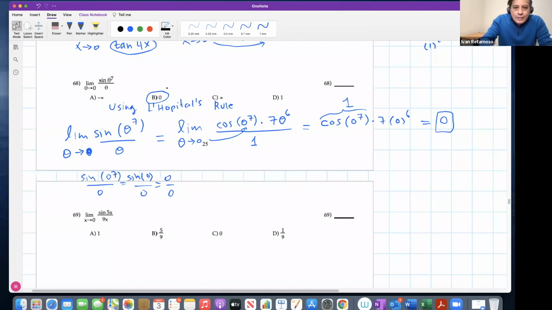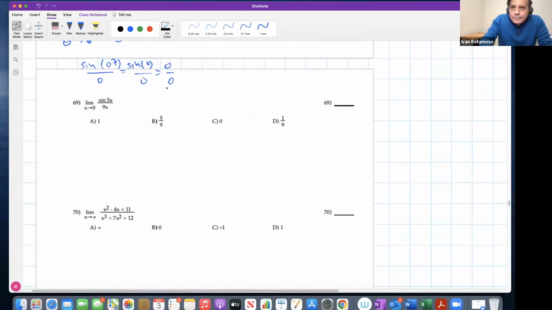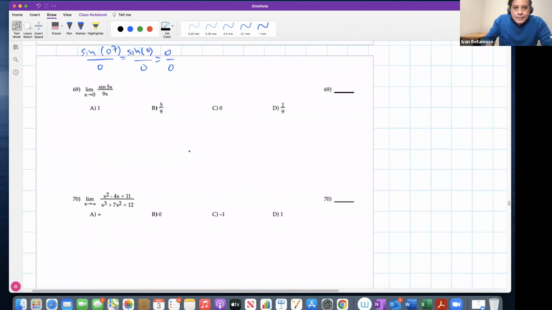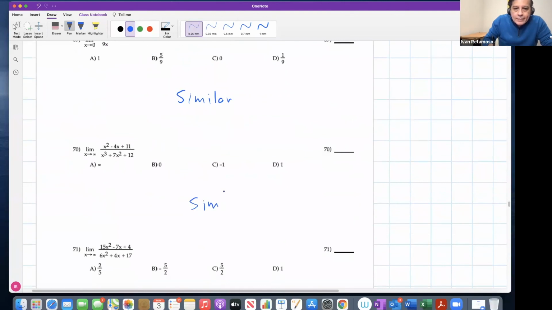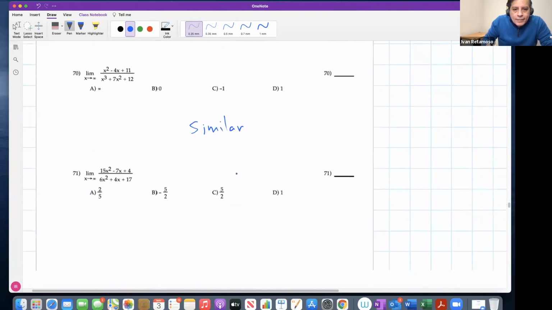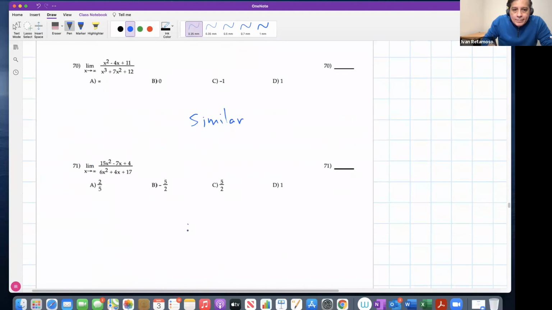Great. There are more examples here of L'Hopital. But let me say this is just similar, right? Take the derivative of the numerator, the derivative of the denominator, and then try again. This is what L'Hopital is all about. This one is the same, right? Perhaps I should do this, and then we will go over Newton's